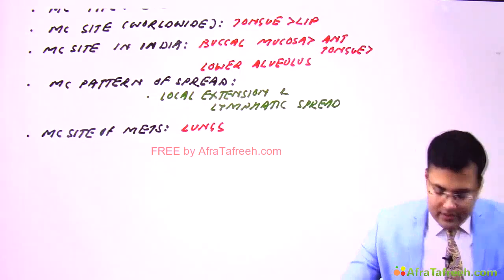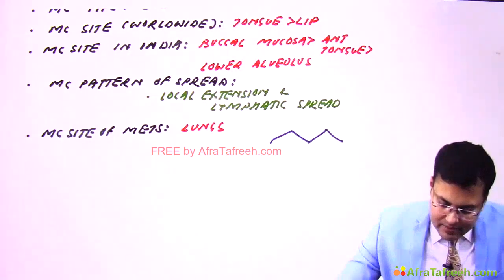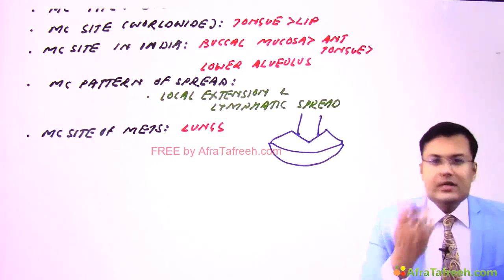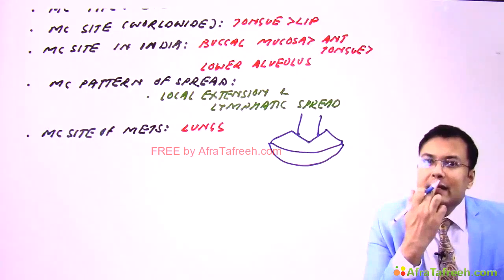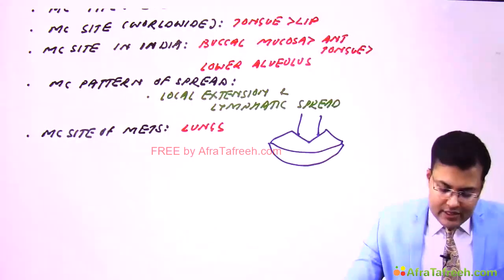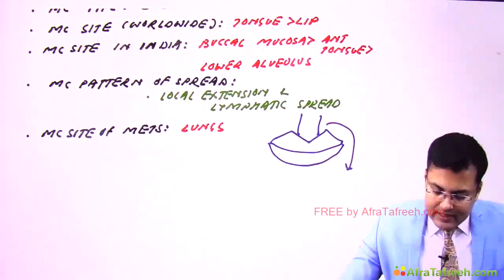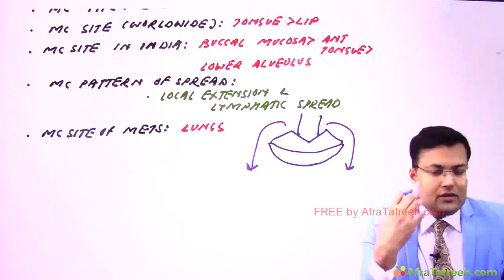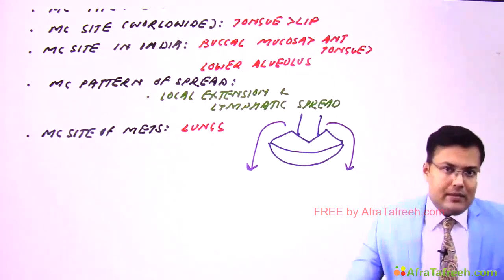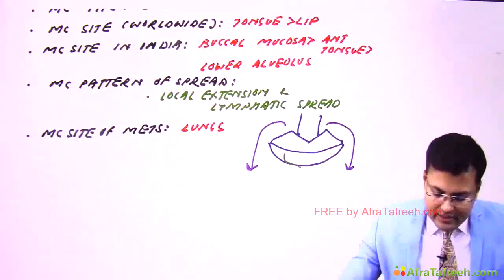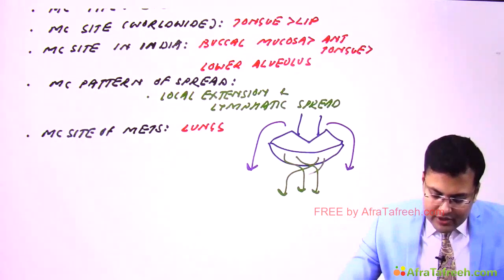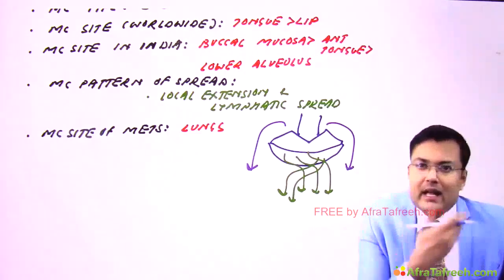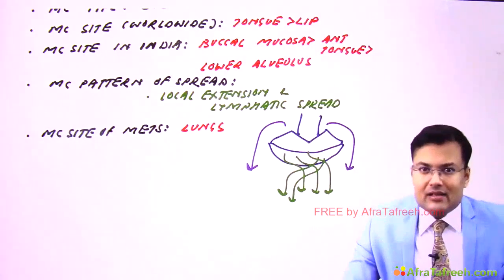Clear? Now see, this is the lip. This is the upper lip and this is the lower lip. In the upper lip, can you see in the center there is philtrum? That's why the upper lip lymphatic drainage is like this: the right side goes to the right lymph nodes and the left goes to the left side. But there is a crisscross connection in the lymphatic drainage of the lower lip, and because of this, if the patient has carcinoma lower lip, there can be involvement of bilateral cervical lymph nodes.